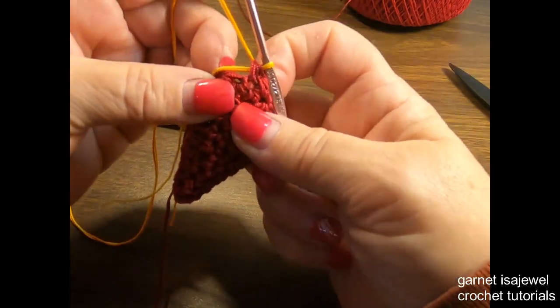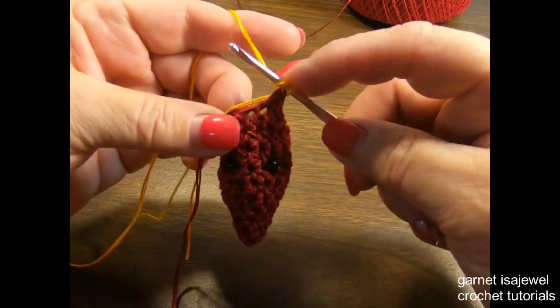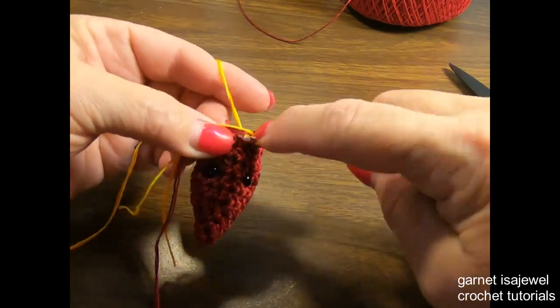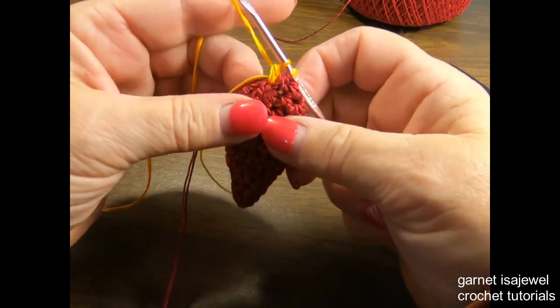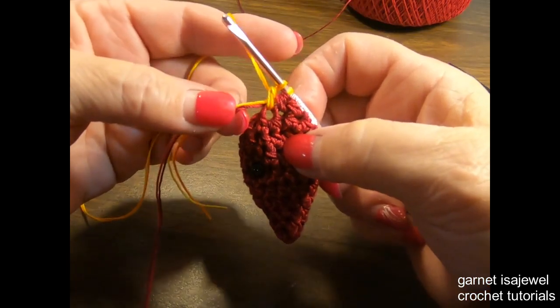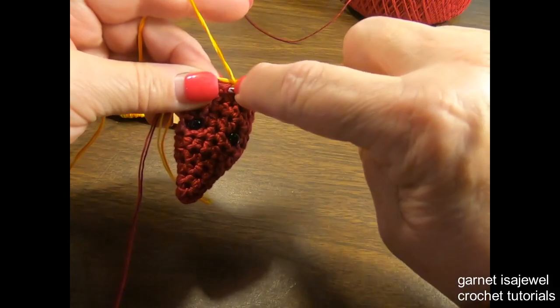Now it's going to be a little cumbersome because the hole is so small. So yarn over through the next hole and under the tails, bring up a loop, yarn over through 2 and stop. Okay, notice how I picked up the tails and did stitching over the top of it so it wouldn't fall out. Yarn over into the same hole,